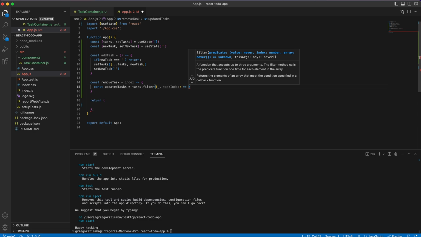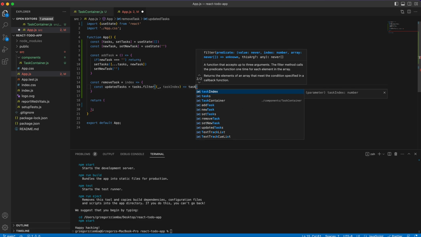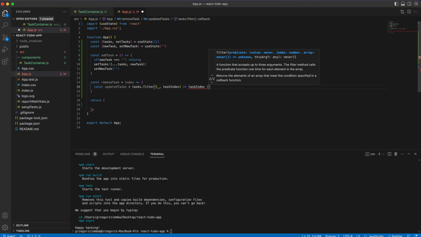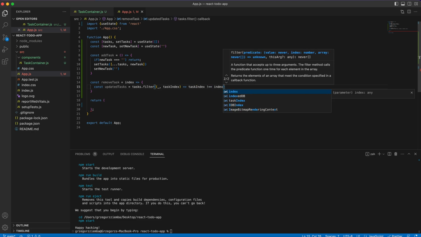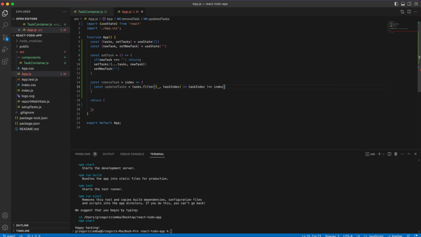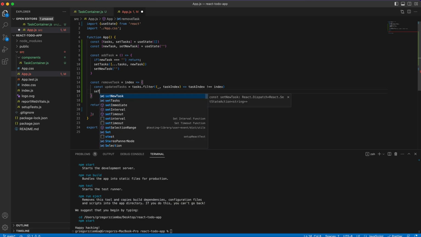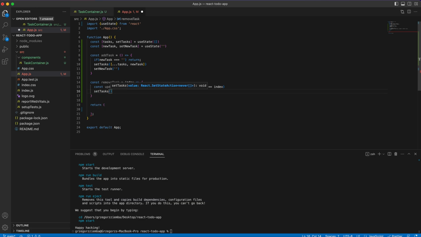And then arrow function, and if task index does not equal the index that we passed to that remove, it's okay. And we set tasks to updated tasks. And we are happy and ready to move forward to our return, where we create our return function. And right there, we'll need a div